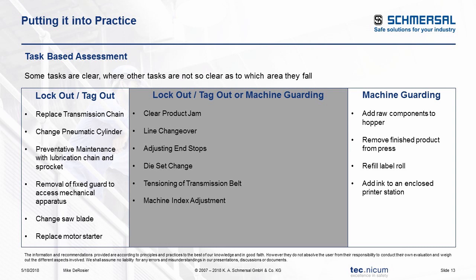So here I kind of put a bucket down. We have the lockout tagout bucket on the left. We have the machine guarding bucket on the right. And I just listed some simple tasks in each one of those. And I'm going to say most of the time, again, it depends on the equipment, but most of the time